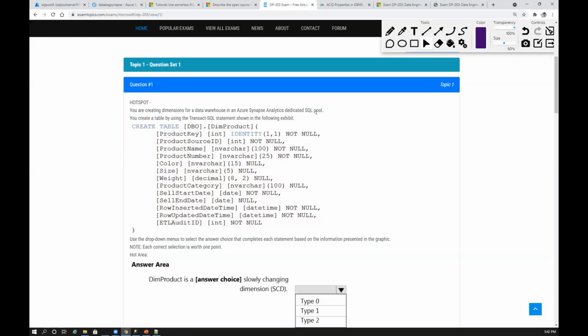So SCDs, surrogate keys, facts, dimensions, Synapse, distribution techniques, partition techniques, indexing. That's it. For Synapse and data warehouse, I think these are the important theoretical concepts which are needed. I think even in all the exams and in all the questions from the certification point of view, they'll only add these. Let's move forward.